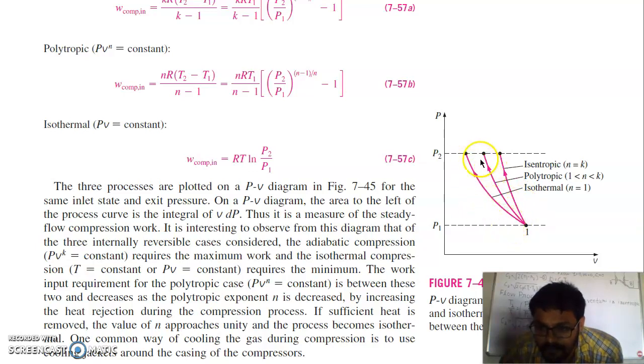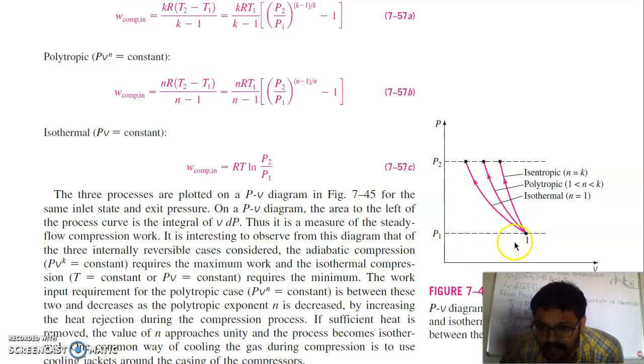So you can see here in the three cases, it is a PV diagram. In the first process, the isentropic process, the change in volume is very negligible. So you can say we have compressed the gas from here to here, but the change in volume is negligible. In the polytropic process, we have compressed the gas from here to here, while its volume has decreased a lot. In the isothermal process, it is from one point to here, and you can see the pressure rise is the same, but the change in volume is more in the isothermal process. The volume has decreased a lot.